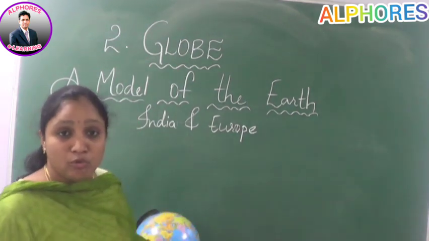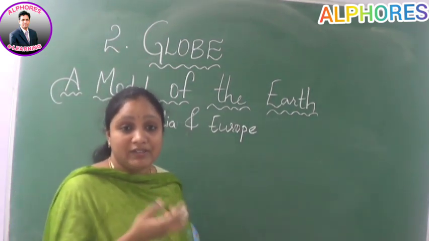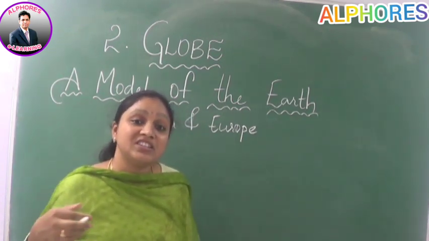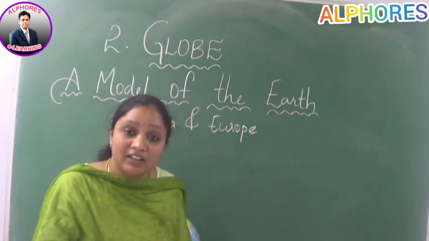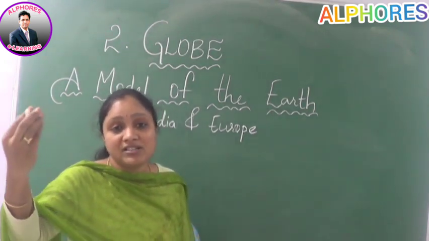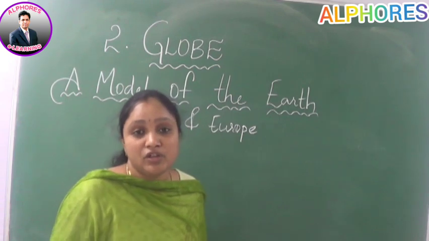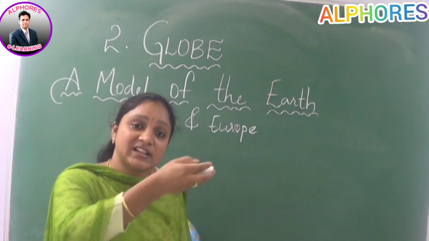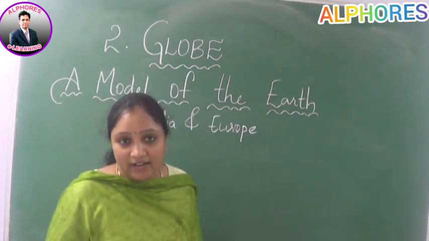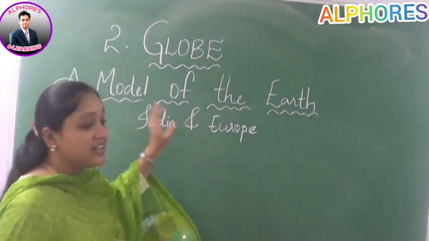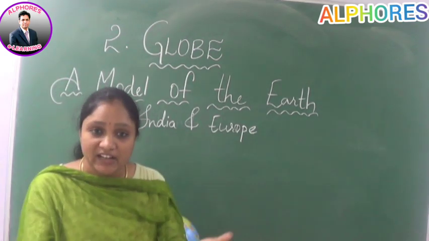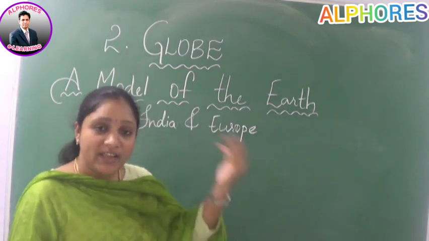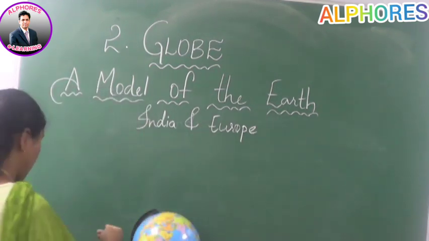That's the reason we can see the Portuguese sailors, like Vasco da Gama, if you take Columbus, if you take, they started their journey in the form of a circle. But unfortunately, Columbus discovered the area that is North America, whereas Vasco da Gama discovered his route to India. So in this way, we come to know that the earth is in a spherical shape or round in shape. Is it clear, children? Now next, let's move on to the next topic.